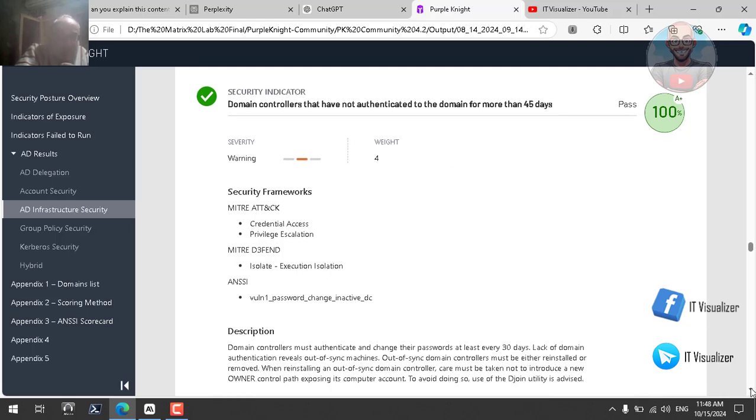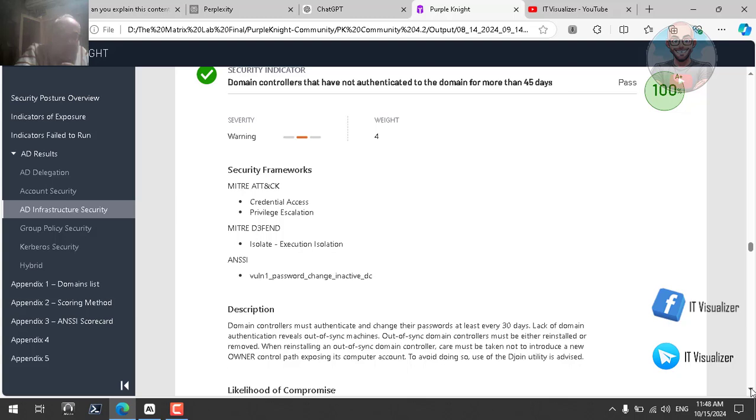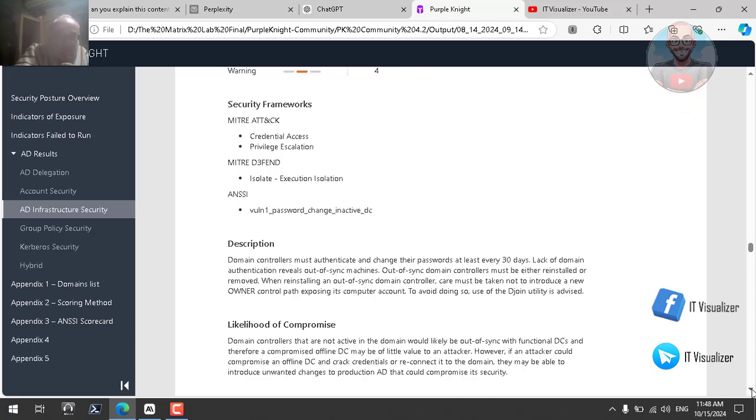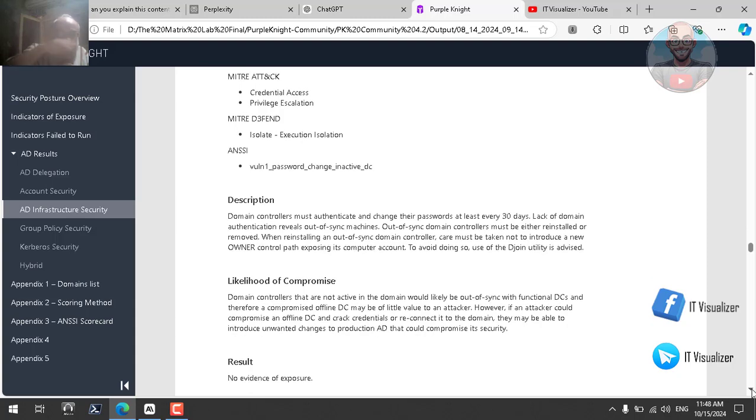If there are any domain controllers that are not replicating, maybe for more than 45 days, and their computer password has not changed for more than 45 days, then there are two possibilities. Either it is offline, or there is a problem with the computer password change for the domain controller. Domain controllers not active in the domain would likely be out of sync with functional DCs, and